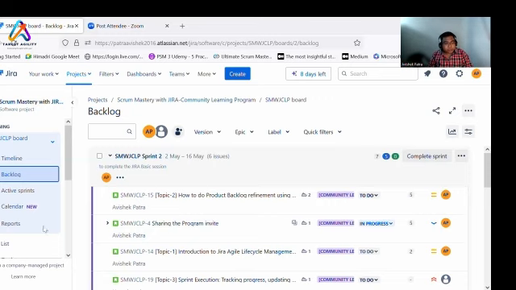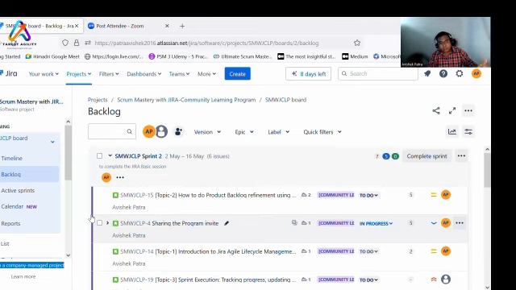Second, if you come down on the left, you are in a company managed project. Basically, in large organizations, whenever you start with a team, you start with a project, and you will get access to a company managed project only. It's very easy to use. You will get a set of things predefined by the Jira admin, and you will use it accordingly.